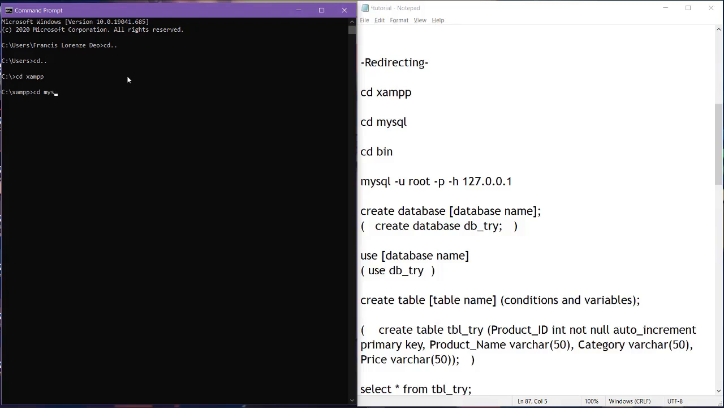Enter. So after that, we use cd bin because that is where the file that we use so we can go to where we can create our database. So cd bin. Okay. After that, you need to type this code: mysql dash u root dash p dash